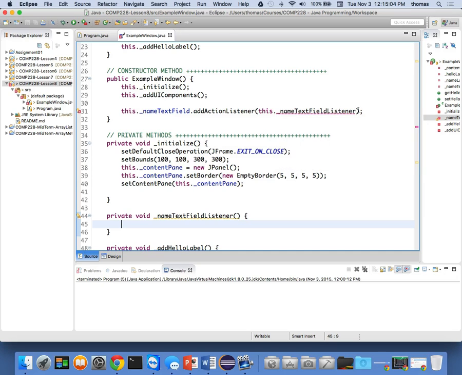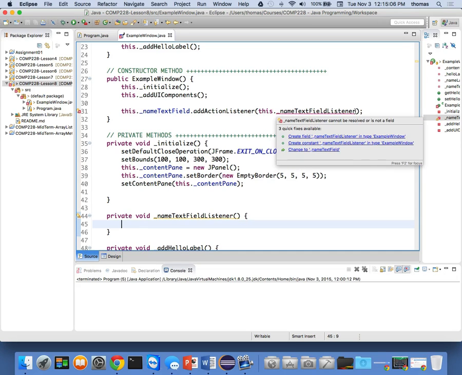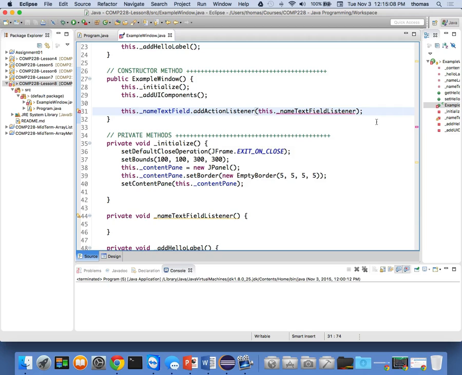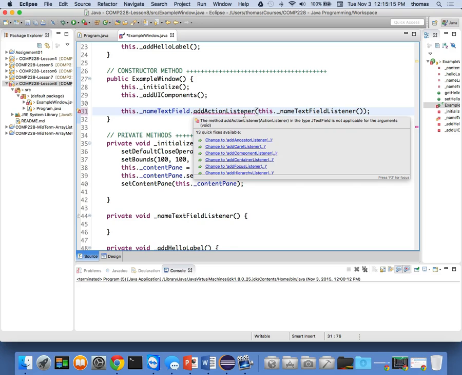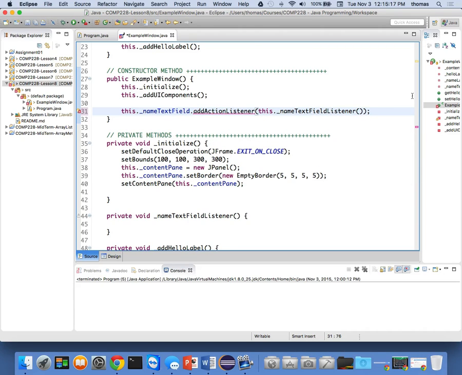The braces. Should I put the braces there? That doesn't seem right either. That means this is going to call the function in here. That's not what I want. If I do this, that's not going to do it. It's not going to adhere to this addActionListener thing at all, right? So that's not right. It's got to be a reference to something of type